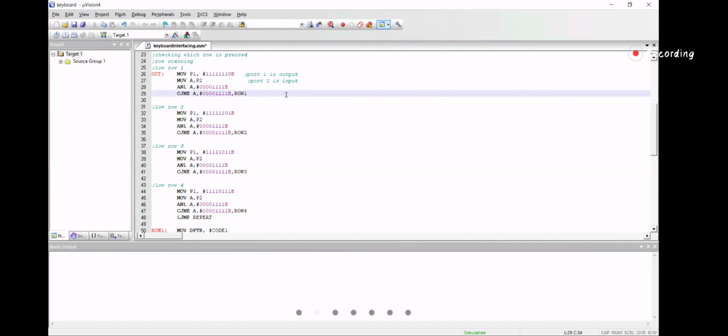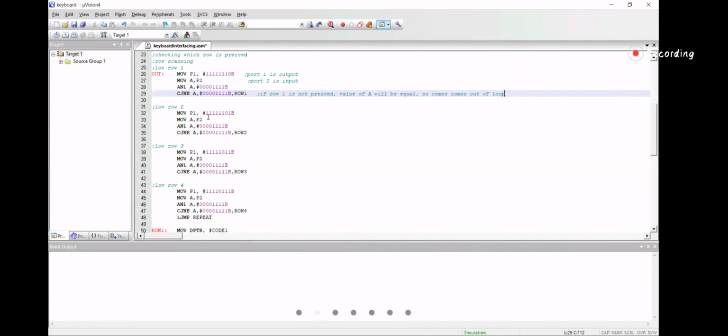I'll write here, if row 1 is not pressed, the value of A will be equal, so it comes out of the loop. So it will come to row 2, it will check.